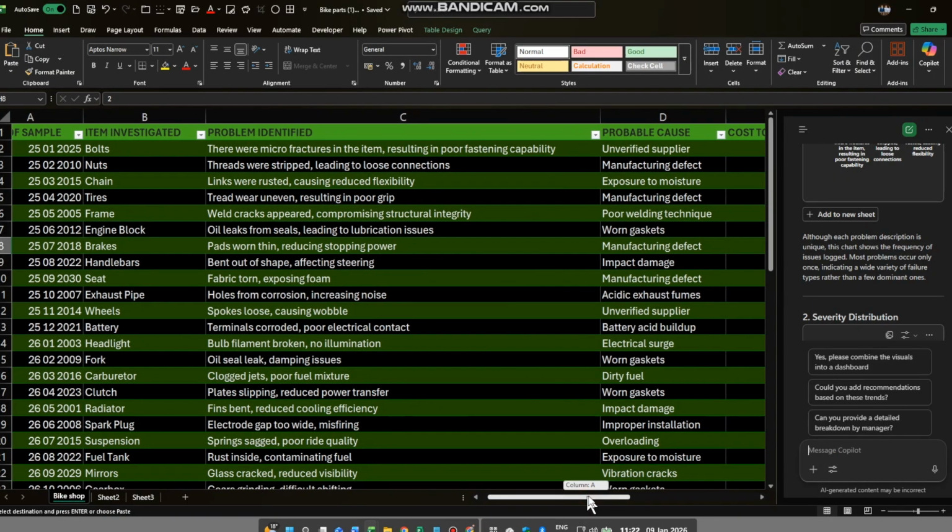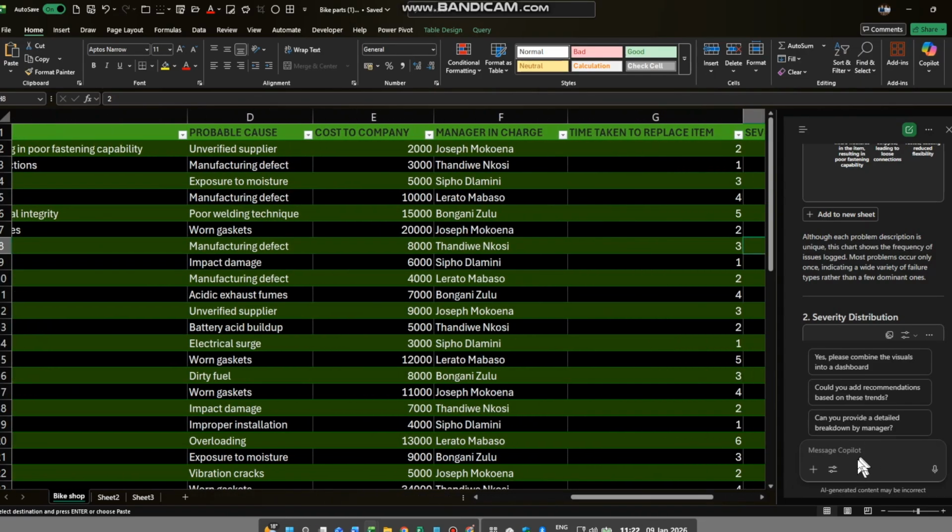Now, what else are we going to get Copilot to do for us? Oh, I want to add VAT. We forgot to add VAT to the cost to company. I want Copilot to transform that cost to company to include VAT, which would be an extra 15%. Can you add a column to the sheet that adds 15% to the cost to company? Good. Now, if you're in agent mode, which is activated by that little icon just below there, it will put it in here,